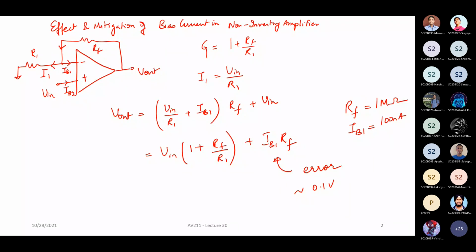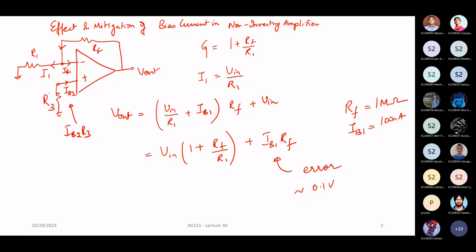Even in the inverting amplifier case, instead of connecting the input, let us say I'm just grounding this to look at what happens due to the bias current. Now, instead of grounding it directly, if I put an R3, this node potential becomes IB2 times R3, and therefore this IB2 times R3 appears here also. So that extra current comes through R1 rather than RF, and therefore the effect of the input bias current gets cancelled out.